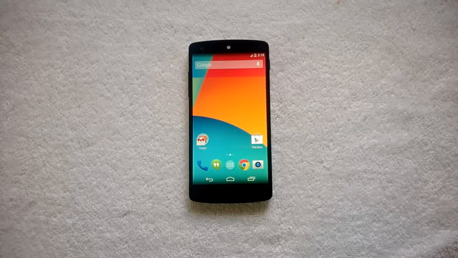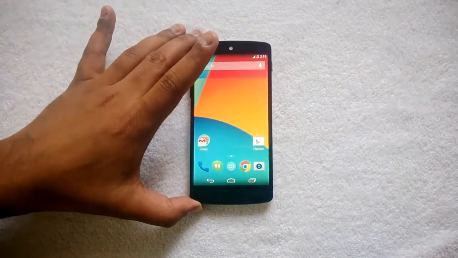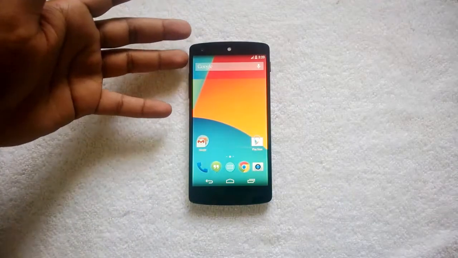So Google has launched Android 4.4 KitKat, the latest version of Android, with a few new changes, improvements to the existing OS, and new added features. Let's have a quick look at what's new in Android 4.4 and see how good it is when compared to the previous version, Jelly Bean. We have the Nexus 5 with us, the first device to come with Android 4.4. So let's have a quick look at the new features.